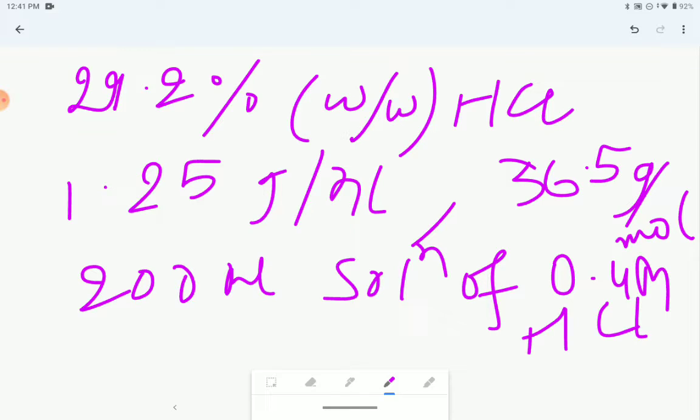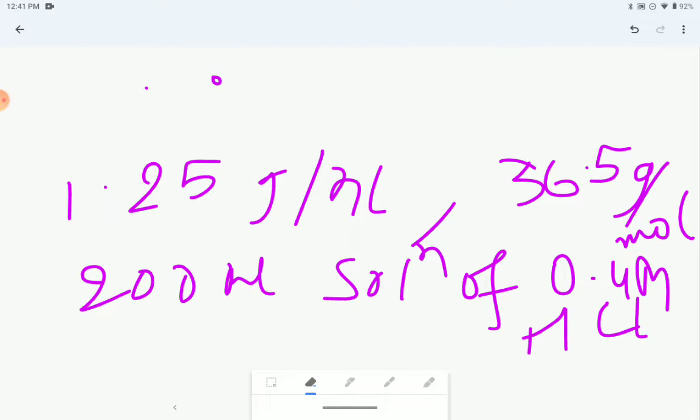Now, let me repeat this question once again. A 29.2% weight by weight HCl stock solution has a density of 1.25 gram per milliliter. The molecular weight of HCl is 36.5 gram per mole. The volume in milliliters of stock solution required to prepare a 200 ml solution of 0.4 molar HCl is asked here. So for solving this question,